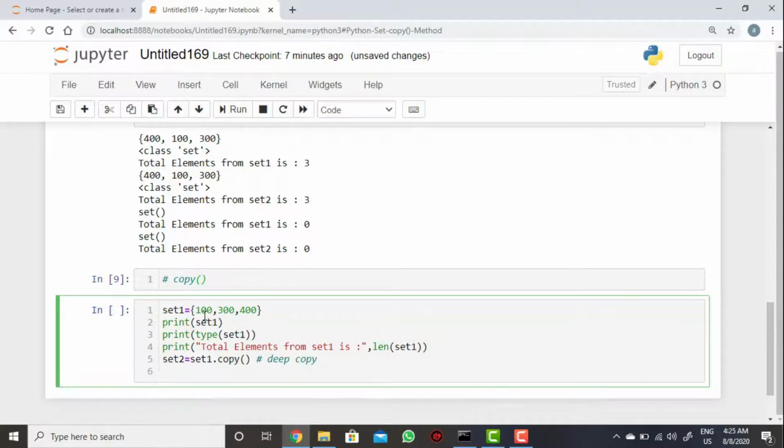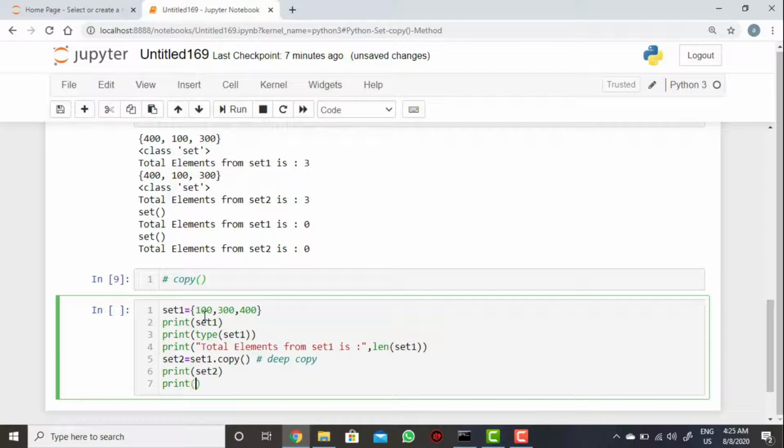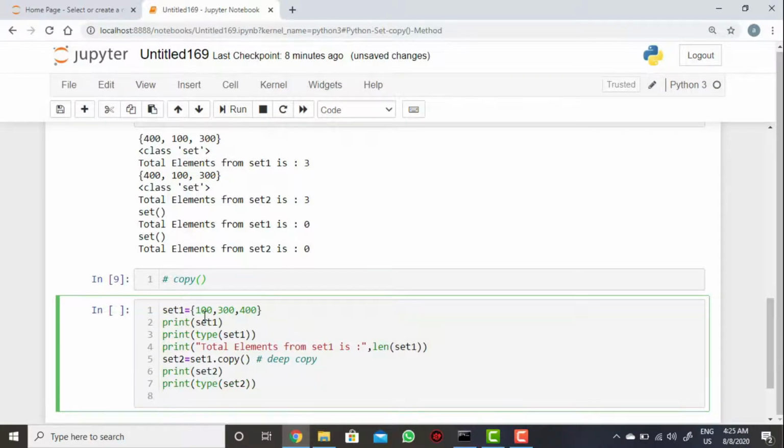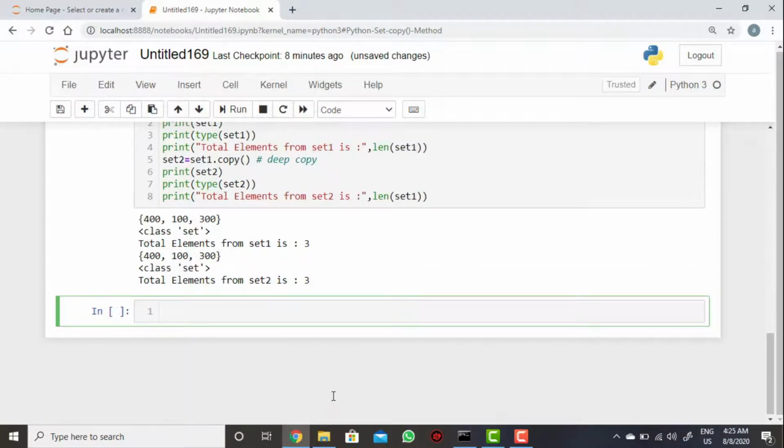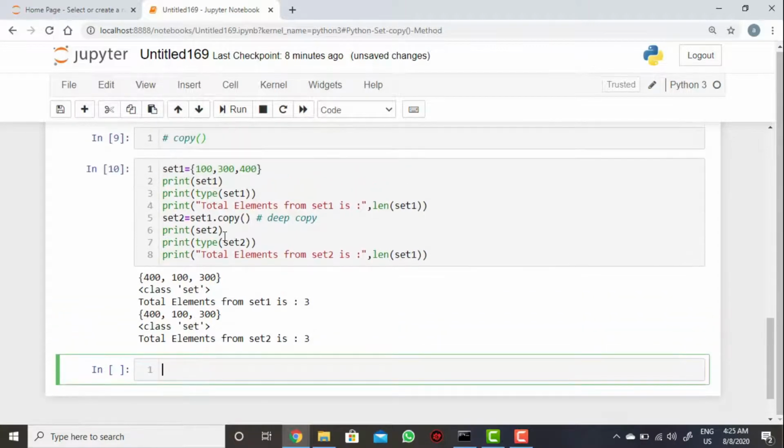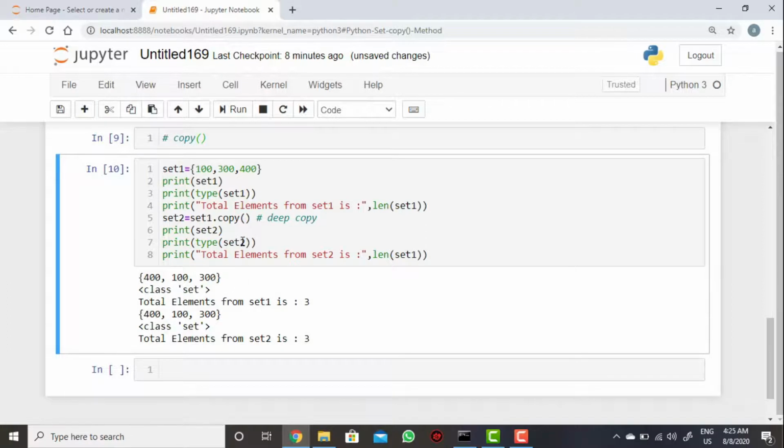Now with the same values, print of set2, then print of type. Type is also important when you are adding, because sometimes the data structure may change. Now set2 will be, so execute. These are the two values we have. That means set1 values and set2 values will be the same.